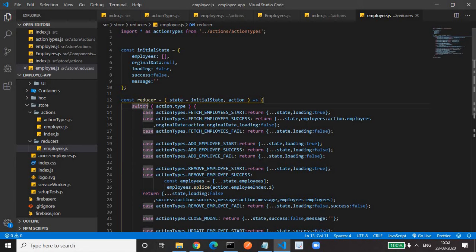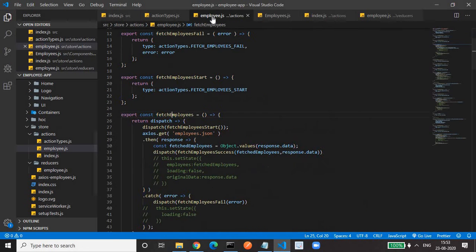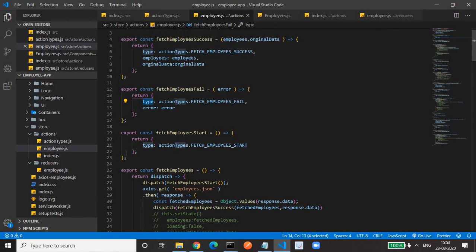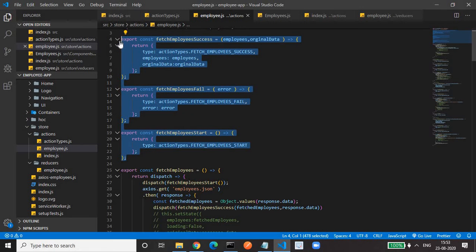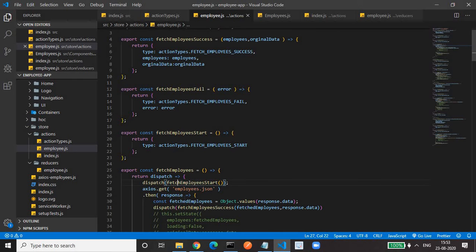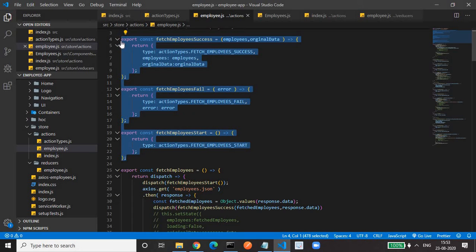Then we have a switch statement in which it takes the action.type. That's why I told you, while creating the action, this type is necessary. And in the reducer, we are catching only the synchronous actions, not asynchronous actions. Means only the actions in which we are not making the AJAX call. The actions in which we are calling the AJAX call are not configured in the reducer. That is not needed at all. Because this synchronous action has some payload which we need to update in the state. That's why this action needs to be caught in the reducer.